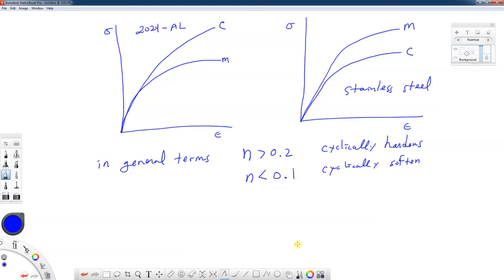So what are we trying to get out of all this in this lecture? We talked about cyclic behavior. We talked about the cyclic stress strain curve and how to get that from the hysteresis loops. We've talked about Masing's hypothesis and the Bauschinger effect to have a mathematical model for our hysteresis loop branches. All right, I think that's good for now, and we're going to start to get into, in our next lectures,